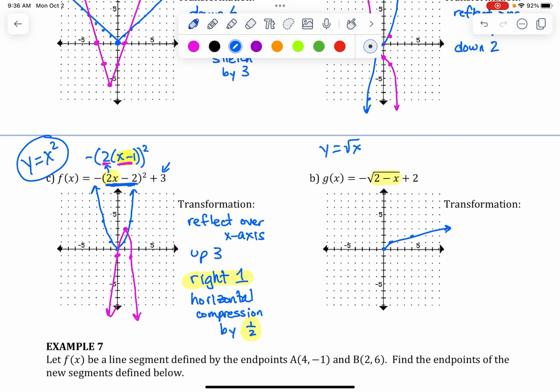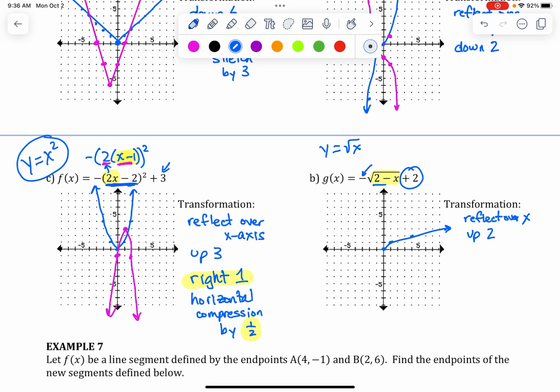Okay. Now we've got a couple things going on. We have the negative on the outside, so we know we're going to reflect over x, so that's not a problem. And we have the +2, which means the graph is going to go up 2. Okay. So when you graph this, you might think, oh, I'm just going to reflect over x, and I see a 2 with a minus, and I might say, oh, that's going to go left or right 2,